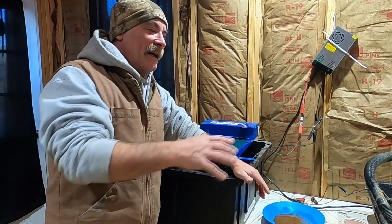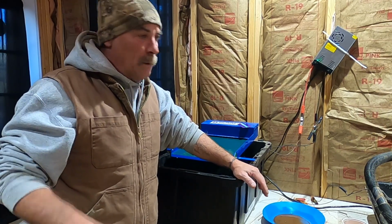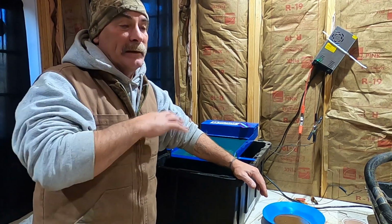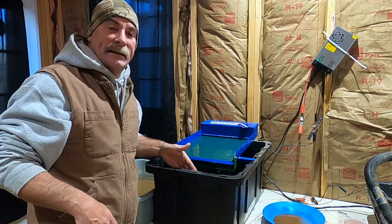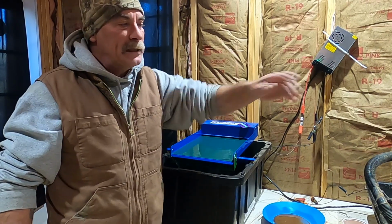Anyway, I'm glad you guys got to see exactly what I do and how we clean up our gold. We didn't show you the gold cube. There's plenty of gold cube videos out there. Everybody knows how to do that. But this is our particular setup and how we get gold. Now, anything that comes out of here goes in our catch mat. Anything that comes out of this catch mat, like sub 300, sub 400 mesh gold, gets put in our tumbler,